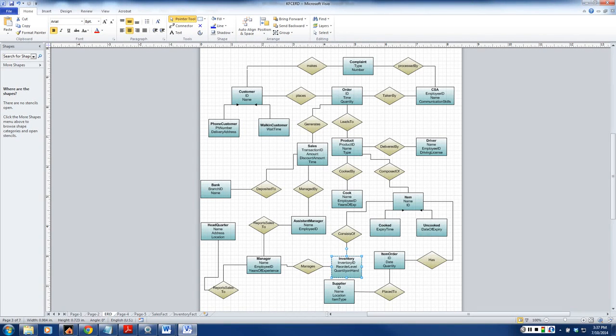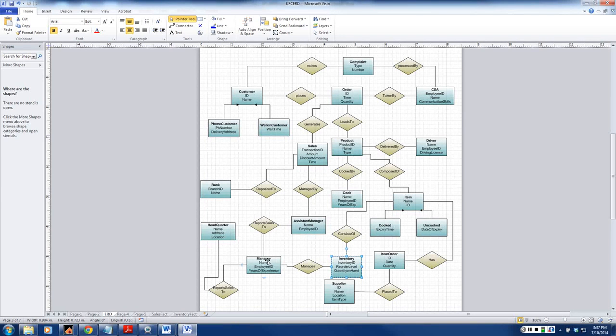Okay, so from here, how do we create the star schema? As I told you, we have to do certain things. The first thing is we will remove all the relationships. We will focus on certain aspects, probably remove some of the entities and try to combine them. For example, we can combine all the customers in one place, all items and item order in one place. Probably it also makes sense to combine all the employees in one place, CSA,